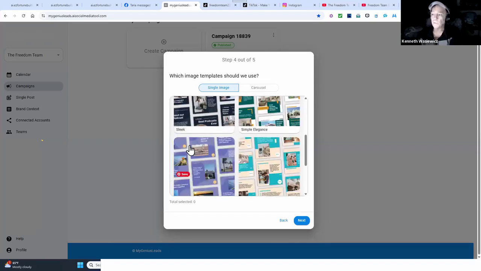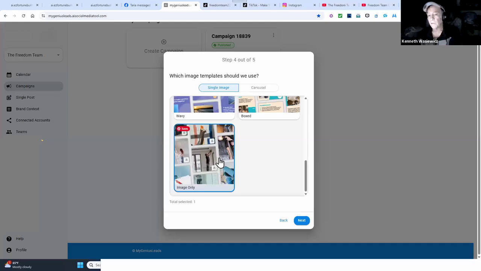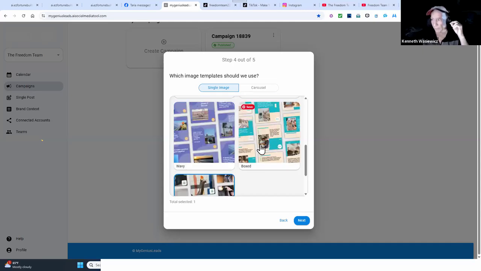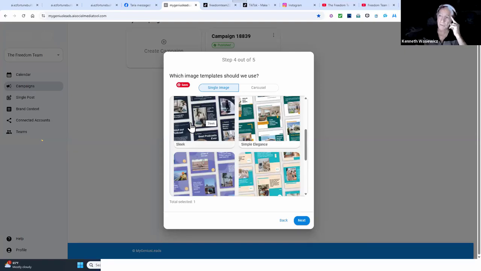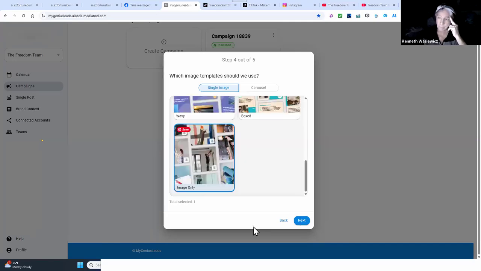I teach you to use this one because our images are full of all the text and stuff to make people interested, but you can upload any image you want to promote their company and put that in here. When you use these other formats, the image might get cut off because it doesn't fit in that format. So I teach you here.